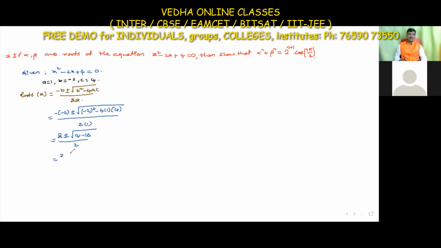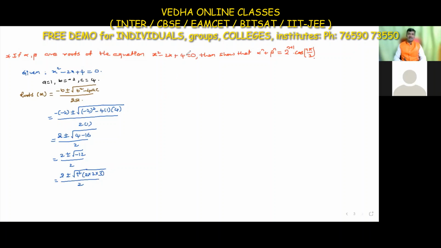This is equal to 2 plus or minus, okay, 4 minus 16, how much do we get? How much, Ashish? 4 minus 16. What are you thinking? Sorry, I was thinking 14 minus 60. Okay. Yeah, minus 12. So minus 1 into 12. Minus 1 we can write as i square, and 12 is 2 into 2 into 3, 4 into 3, whole divided by 2.